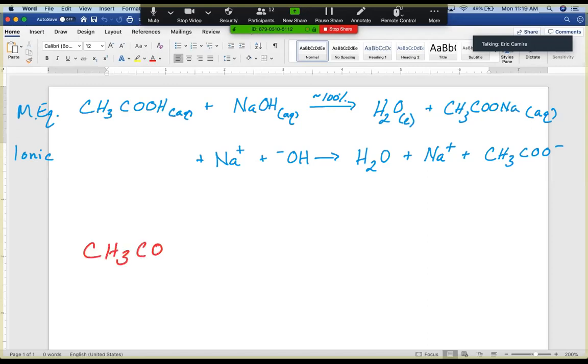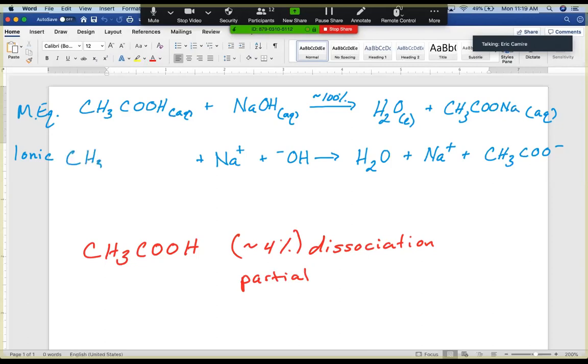My weak acid is acetic acid. On a good day, which means low concentration, you're going to get about 4% dissociation. And it usually goes down from there. So you're talking about a very small dissociation. We'll put 4 in parentheses because it changes. We can just call that, again, partial dissociation. Nowhere near 100%. So what I'm going to write it as then, instead as dissociating, I'm just going to say